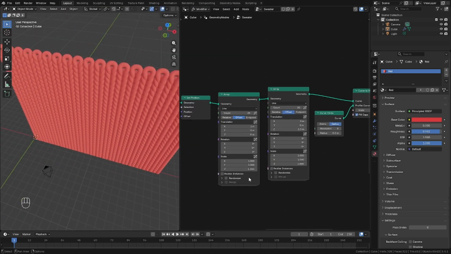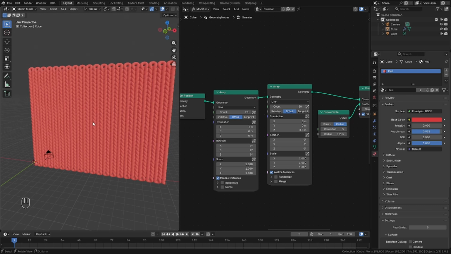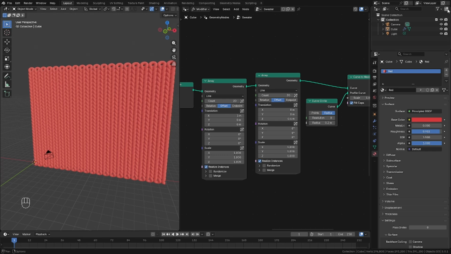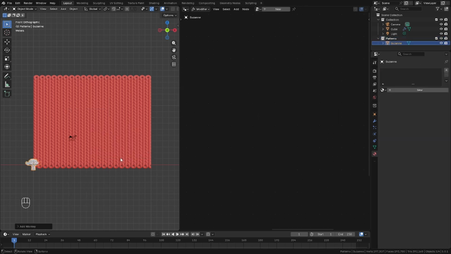So to start, we're just going to turn on realize instances on both these nodes just because we need to be able to individually control each instance. And we want to create a collection up here, a new collection which is going to have all our objects that we turn into patterns on the sweater. Call it something like patterns. And you just want to add some sort of mesh into there. I'm going to add a Suzanne,